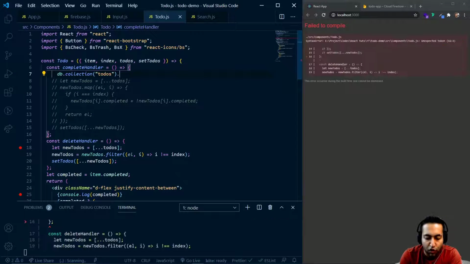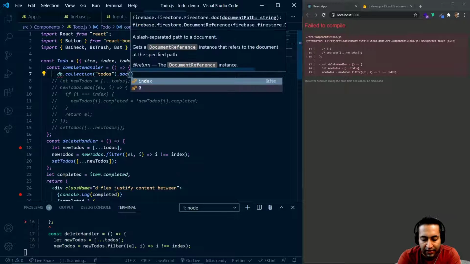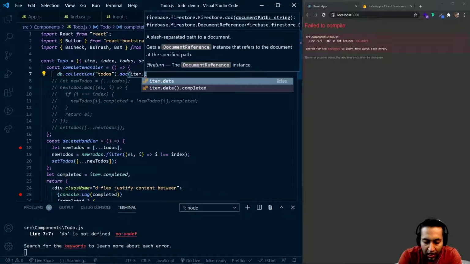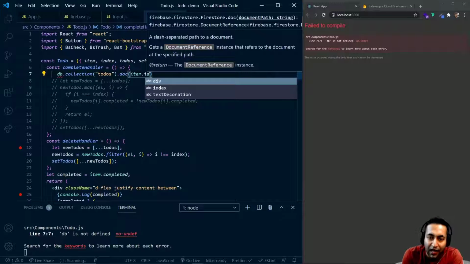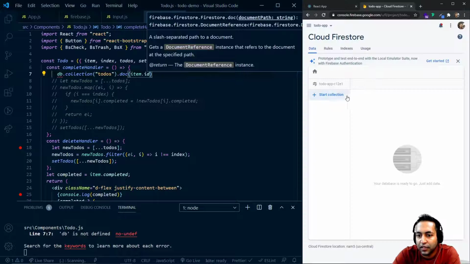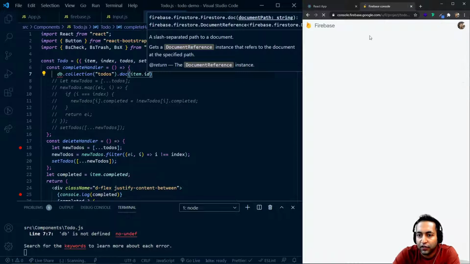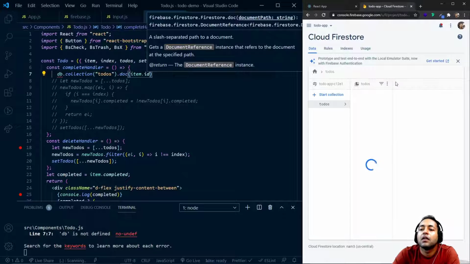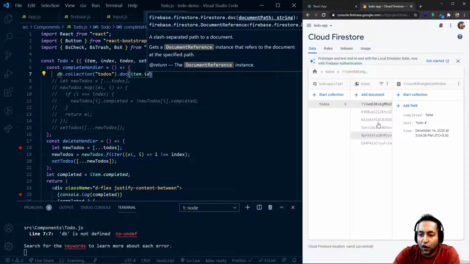And we want to access the doc, so we'll say doc, and inside this we'll pass the item.id. Now similar to the item.data, we also have item.id, and this ID will give this particular ID which we have. So if we refresh this, we should have some elements. You can see that we have all of these elements, right now there is an error, so we'll fix that. You can see that these IDs, we can get these IDs through item.id. So here we are saying db.collection to do, so this collection.doc, so this document, and here we are passing item.id,